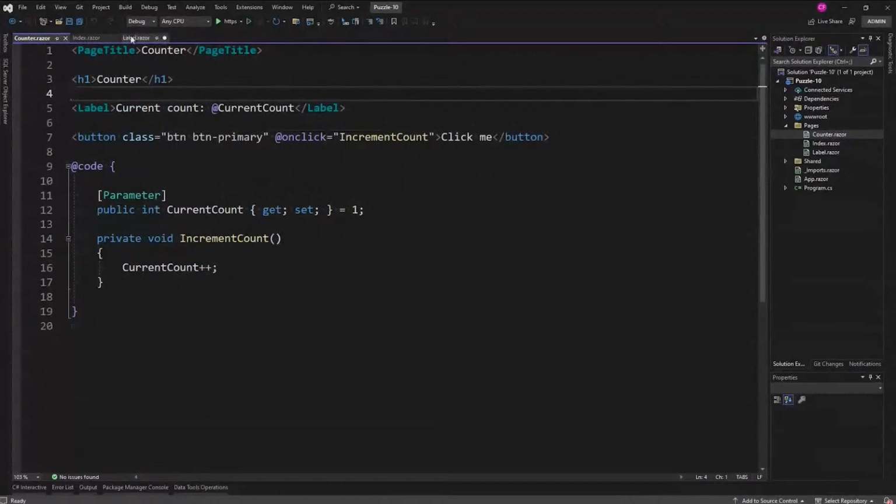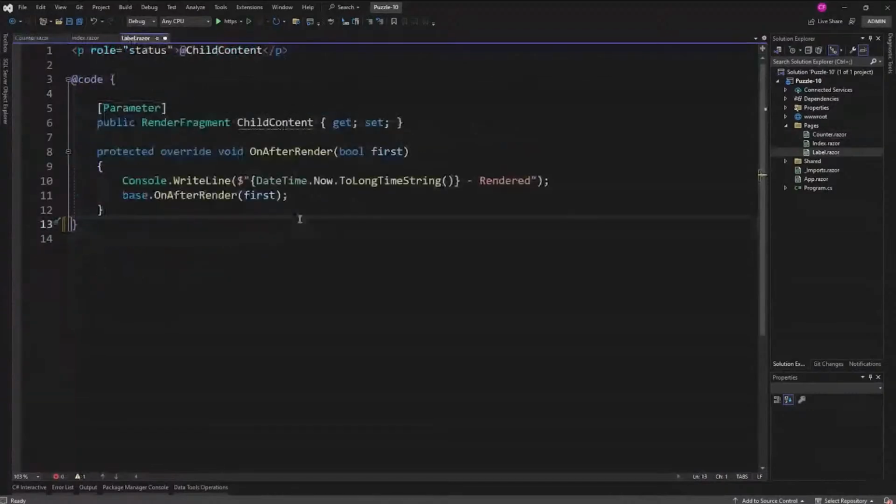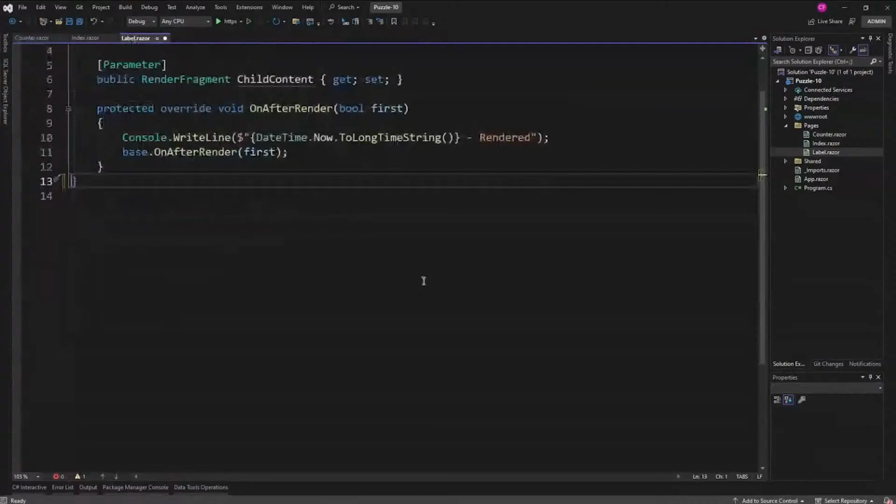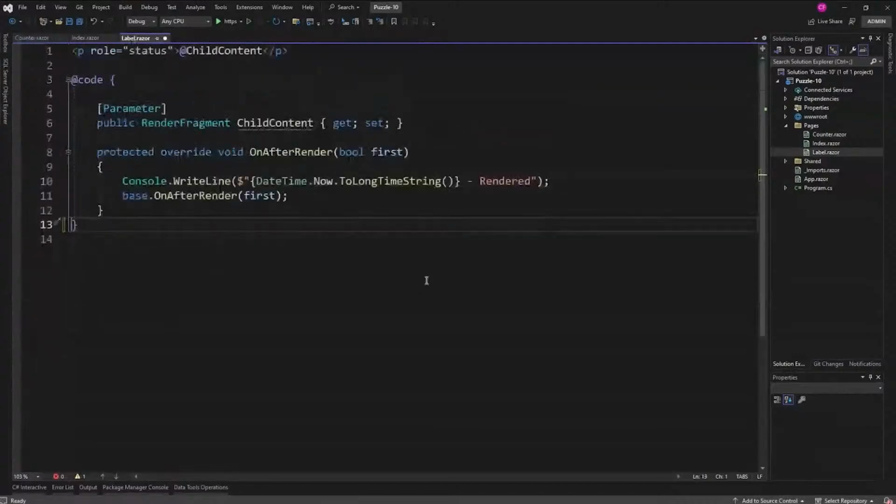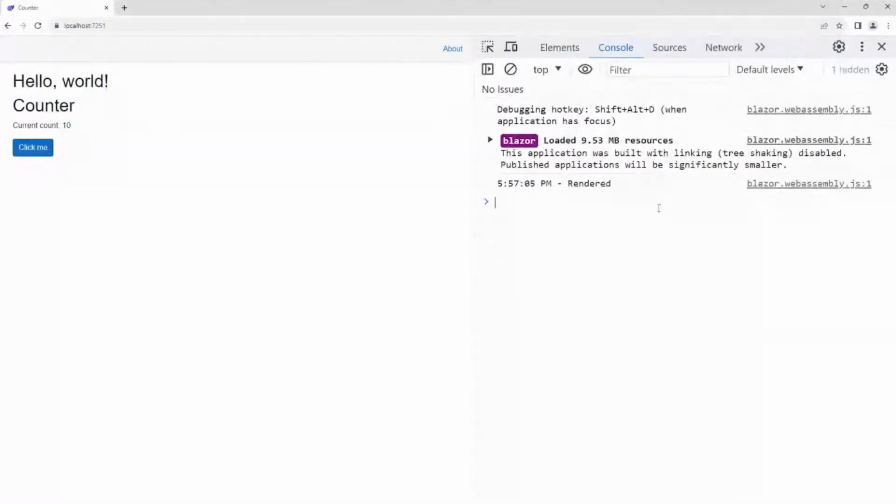Okay. And I noticed this OnAfterRender. What are you doing here? So in there, I'm just logging that it's calling the after render. Just, hey, this is rendering and completing, and I want folks to see that render is being called. Okay. Let's run it and see what happens. All right, so we can see that OnAfterRender has been called the first time, and you did initialize the CurrentCount to 10. Yep. And if we click,